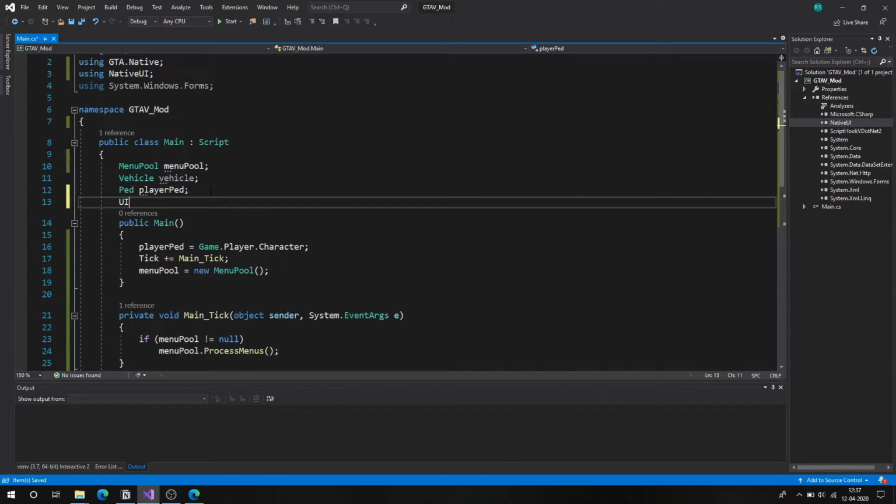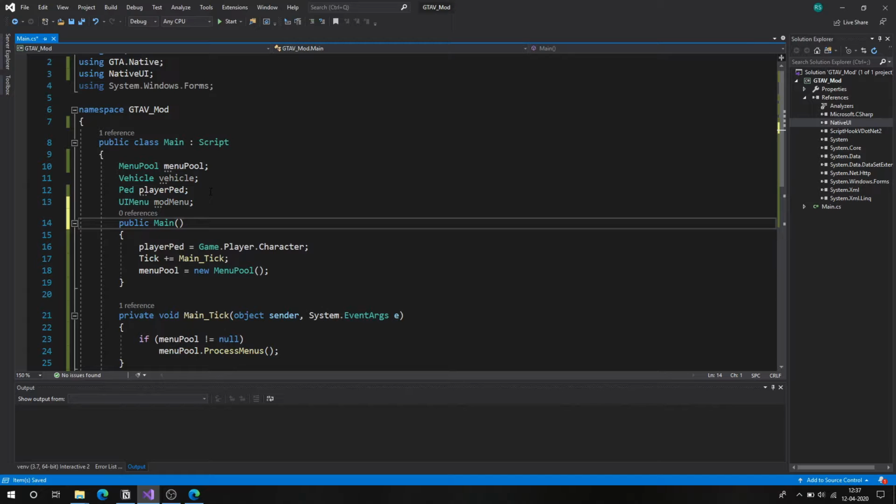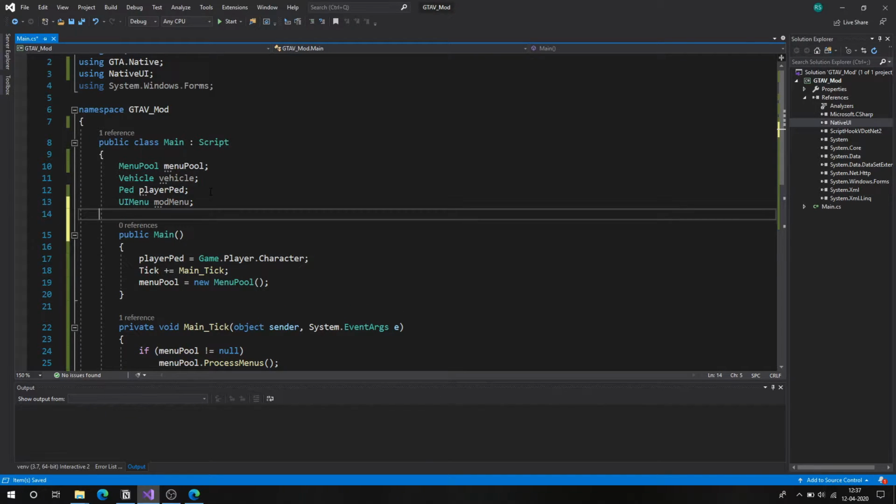So what I'm gonna do is I'm gonna make a UI menu which will be our mod menu. I'm gonna add some UI menu item,